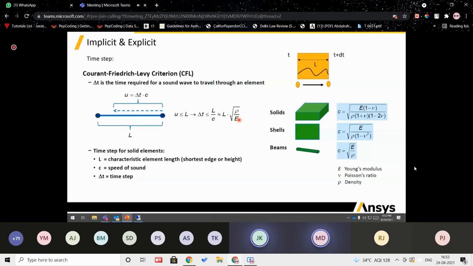So for increasing your time step in the analysis, you can use remeshing, you can use higher length elements, or you can put additional virtual mass on your system. That's where the term mass scaling comes in, which I will explain in the subsequent slide. Or you can decrease the stiffness of the system. Generally, E of a material is fixed. So to control your analysis, you can vary rho and you can remesh; these two quantities you can vary.